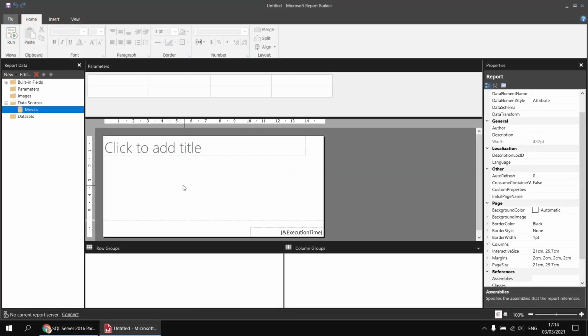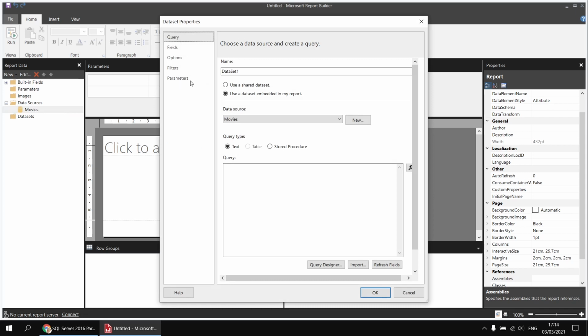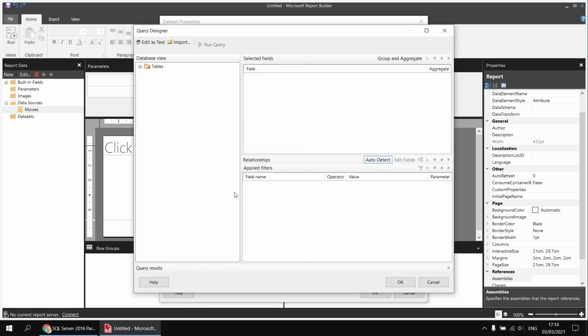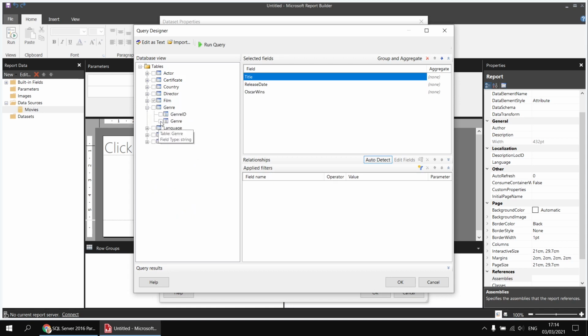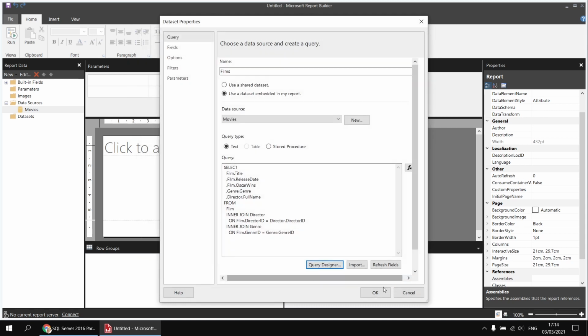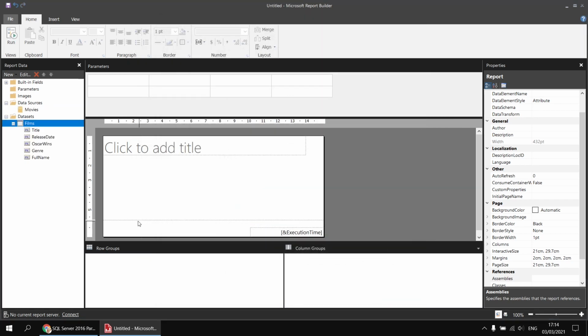Next, I can create the dataset that will populate the table in the main body of the report. So I can right-click on my movies data source and choose Add Dataset. I'll call this one Films, and then use the Query Designer to get some help selecting the various columns I'll need. I'll head to the film table first, and I'll select the title, the release date, and the Oscar wins from there. Then from the genre table, I'll select the genre field, and then from the director table, I'll select the full name field. I can then click OK a couple of times, and then I'll just display a table